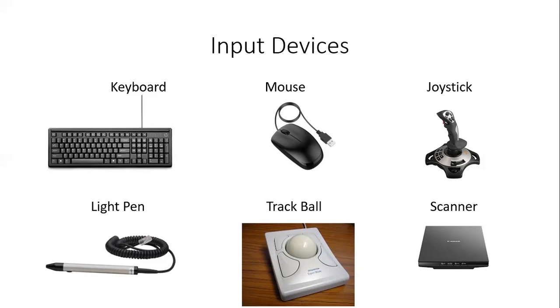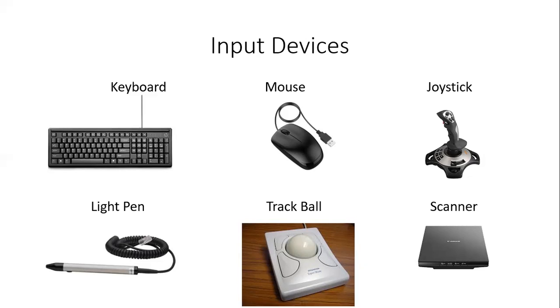Generally, it has two buttons, left and the right button, and a wheel is present between the buttons. A mouse can be used to control the position of the cursor, and the main idea is to select the different items from a graphical user interface. The third type of input device is called a joystick.